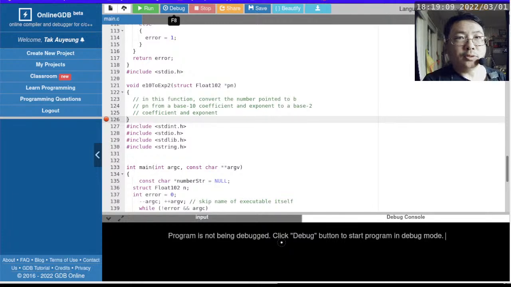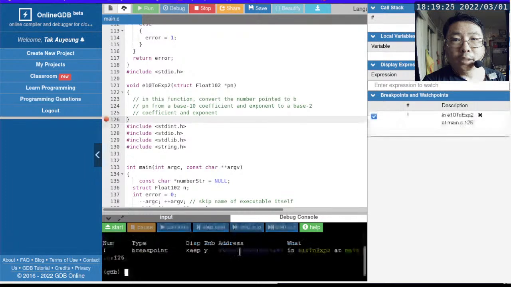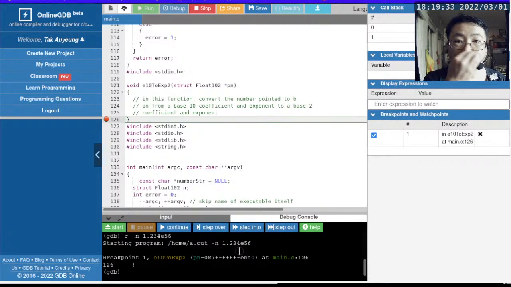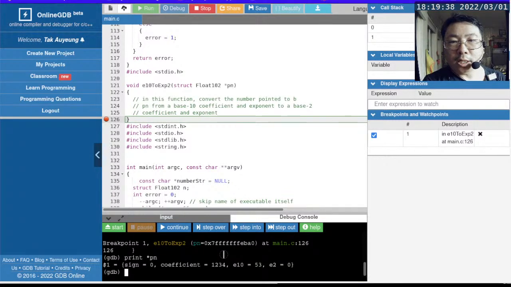The first one is precision. Let's see what would be the best way to do this. I can just use the debugger to do it. So let's go ahead and debug this program again. So run -n 1.234 E56. There we go. All right. So we're at the same breakpoint, and if we look at whatever is in Pn, it is like this. So one thing you can say is, hey, if we just need to get E10 to 0,